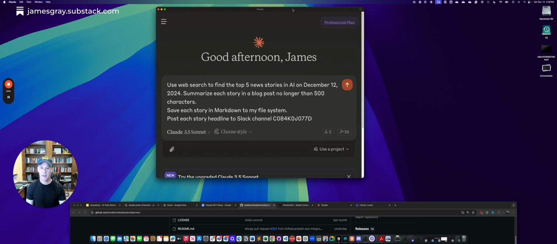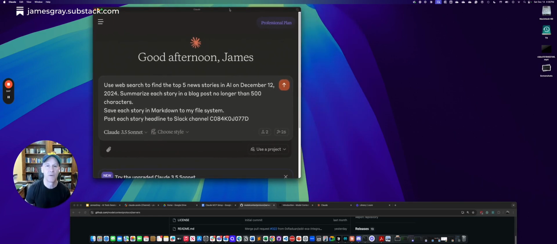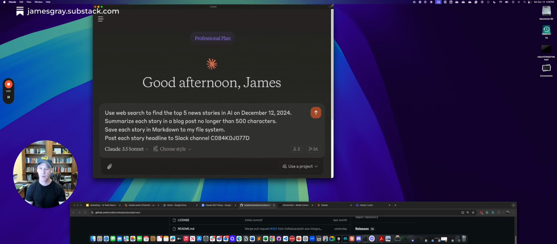So here's what we're going to do. We're going to look at a very simple example of how we can use Claude to execute a series of tasks. In this example, I'm going to say, hey, I'd really love to know what the top 5 news stories are. Again, you can pick a specific day, month, whatever you want. Remember, all these LLMs, the base models, are trained up to a certain point. So Claude doesn't know what happened after a certain date.